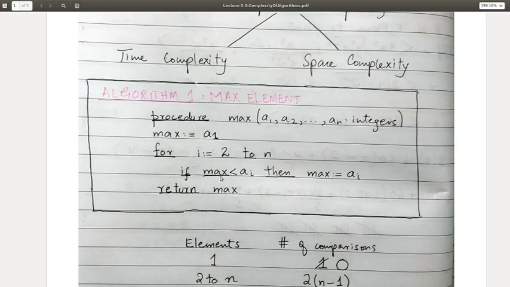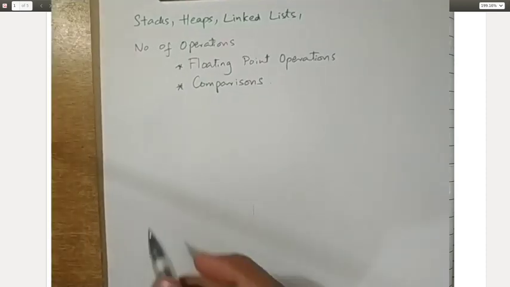It checks whether your maximum is smaller than the current element. If it is smaller, then you change the maximum to that element. When we're talking about this algorithm, we're not going to talk about the operation of storing something. We're only going to talk about the number of comparisons, because these operations are not as many as the number of comparisons. So the first thing that we're going to do is limit our conversation to the number of comparisons